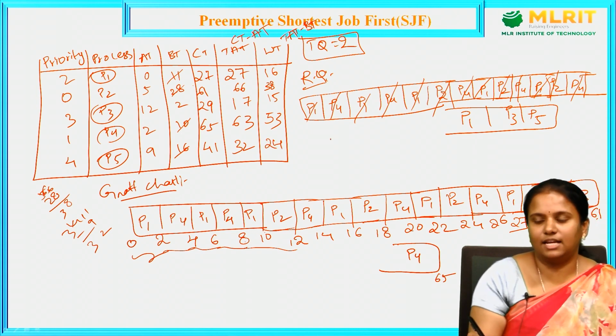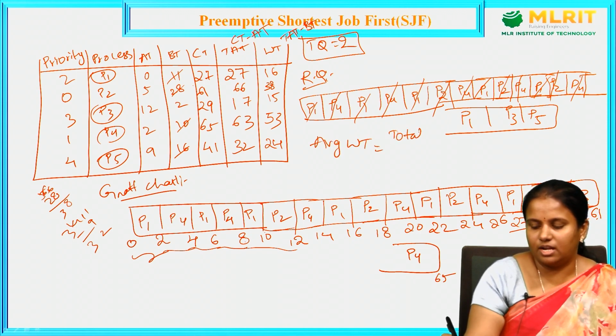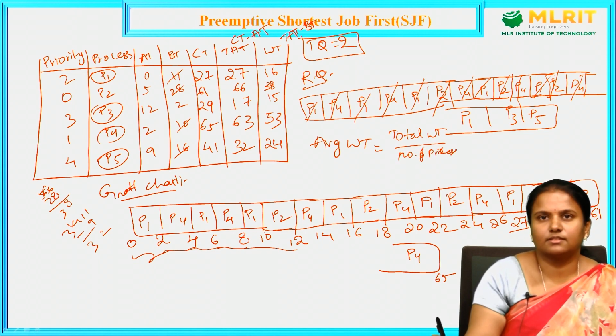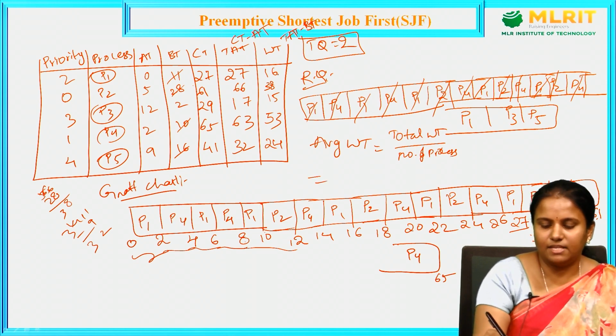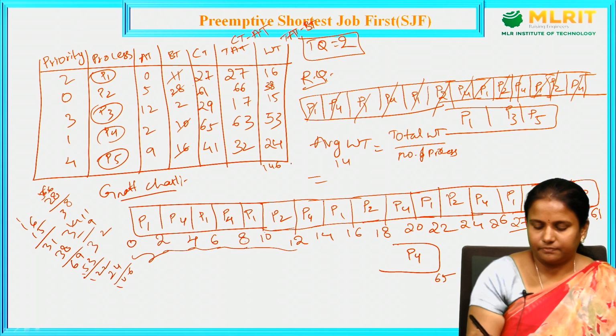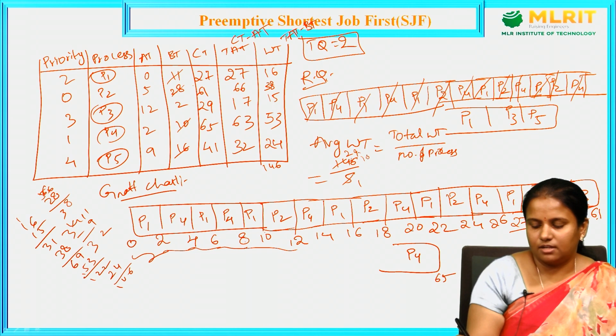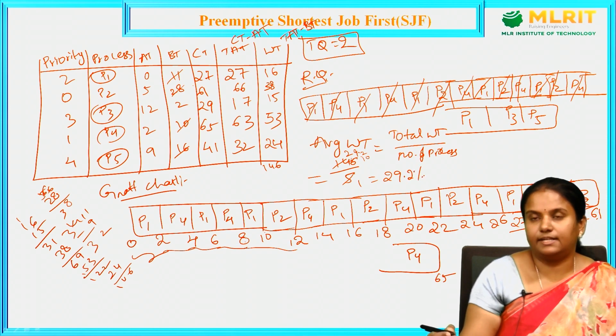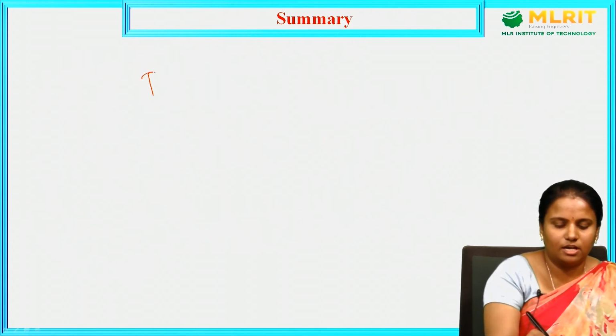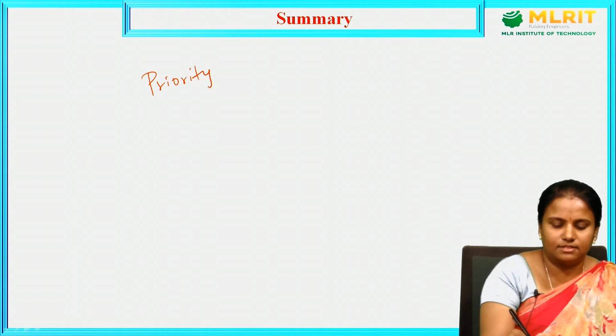Now we need to calculate our average waiting time. Average waiting time is total waiting time divided by the number of processes. So total waiting time is 146 by 5. 5 ones are 5, 5 twos are 10, 4 is remaining, 5 nines are 45, 1 is remaining. So 29.2 is the average waiting time. In this session we have discussed priority scheduling algorithms,